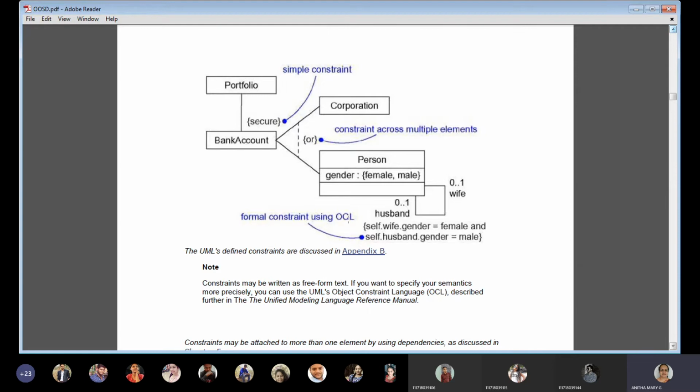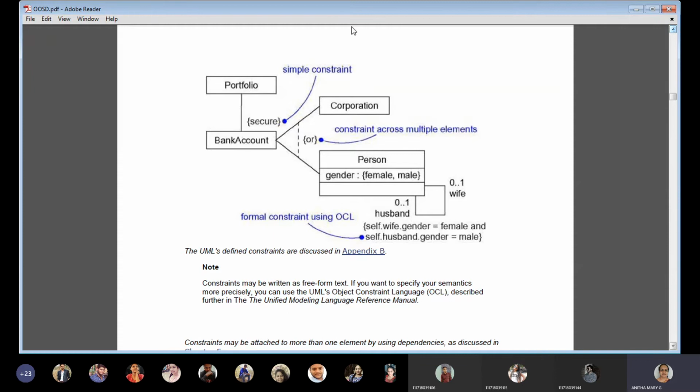According to that language, we give some formal constraints, like it's compulsory that if the gender is female, then only the profile holder who has the bank account will be the wife. If the gender is male, then only it will be the husband. So these are some constraints we can give based on OCL, the Object Constraint Language.